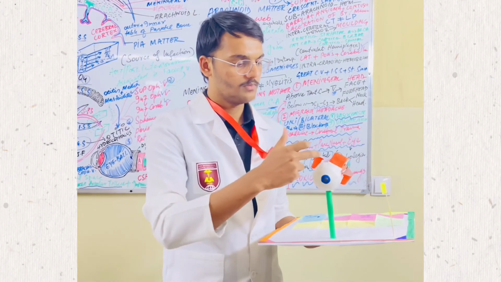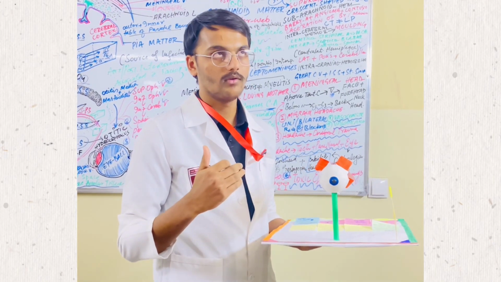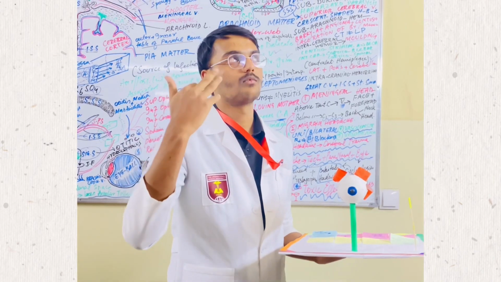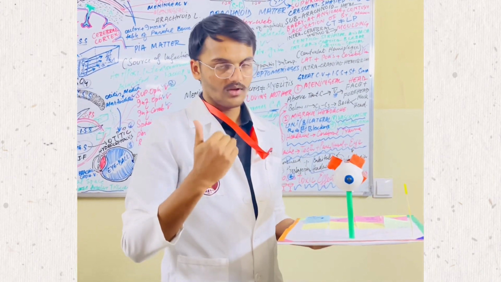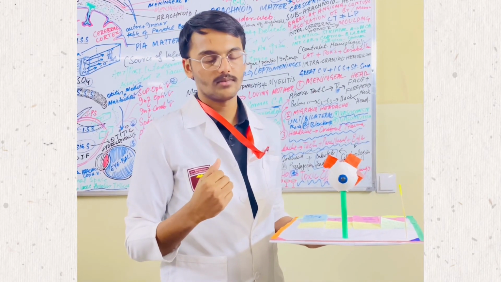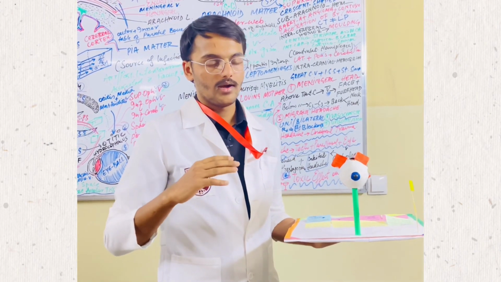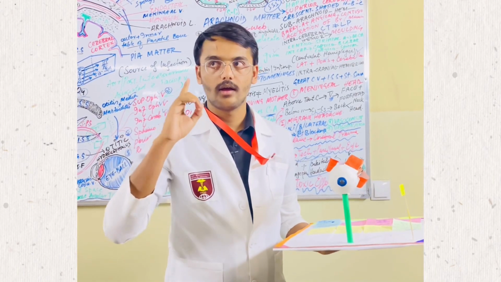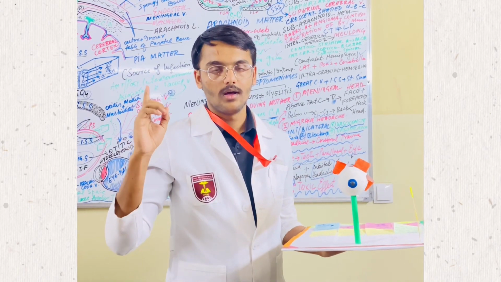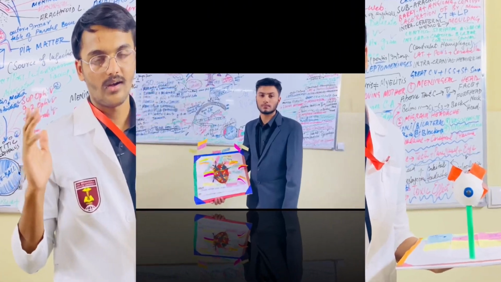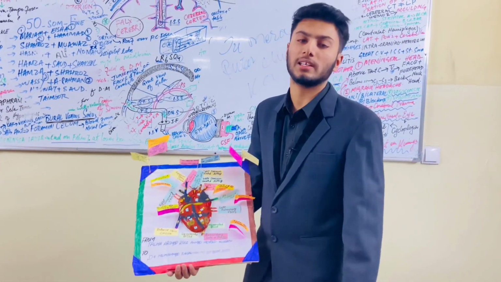And movement of the eyeball, superior rectus muscle. Superior rectus muscle is helpful in the upward movement of the eye. And if we talk about the inferior rectus muscle, it is helpful in the downward movement of the eyeball. And if we look toward the right side, the abduction of the right eye is due to the right lateral rectus muscle.